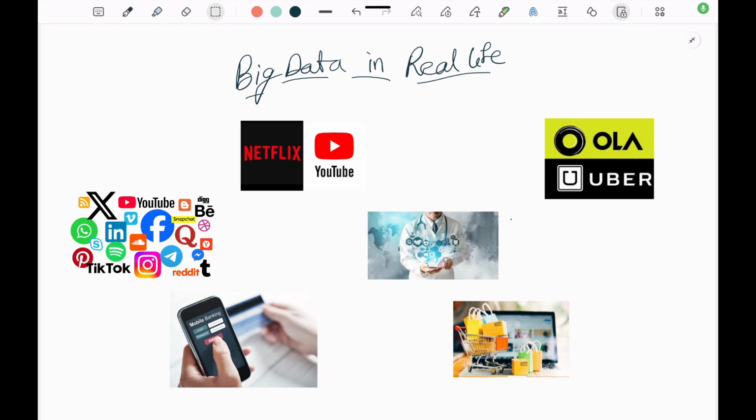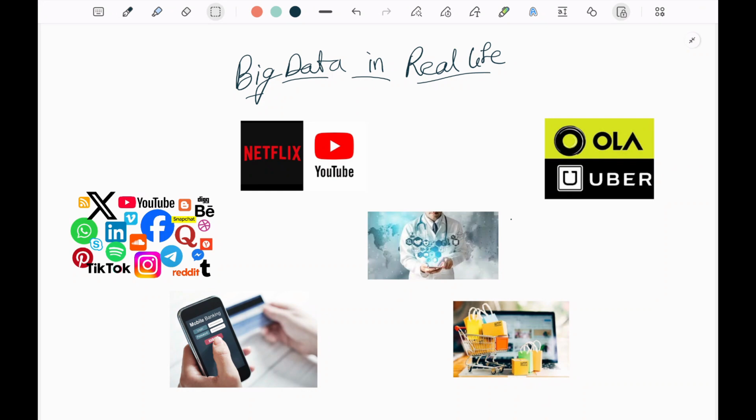So let's get into some real world big data examples, where big data plays a major role in many aspects of our everyday lives, often without us even realizing it. Social media platforms like Instagram, Facebook, etc., analyze what users like, watch, and how long they engage with content in order to show posts and videos that keep them interested. Streaming services such as Netflix and YouTube collect data on viewing habits, including watch time, pauses, rewinds, and search history, to recommend shows and videos tailored to individual preferences. In the banking sector, big data is used to analyze millions of transactions in real time to identify unusual spending patterns and detect potential fraud.